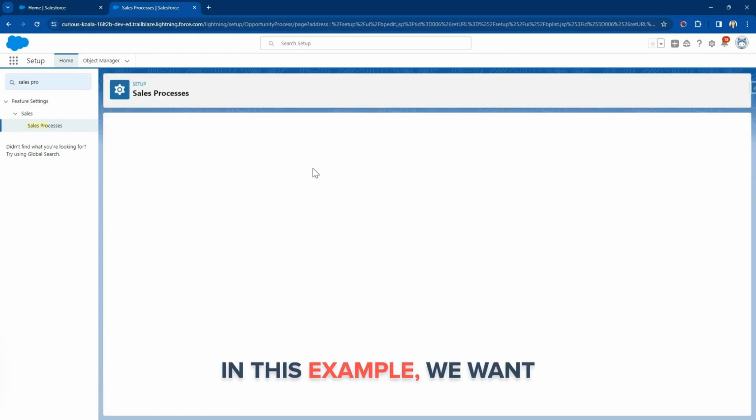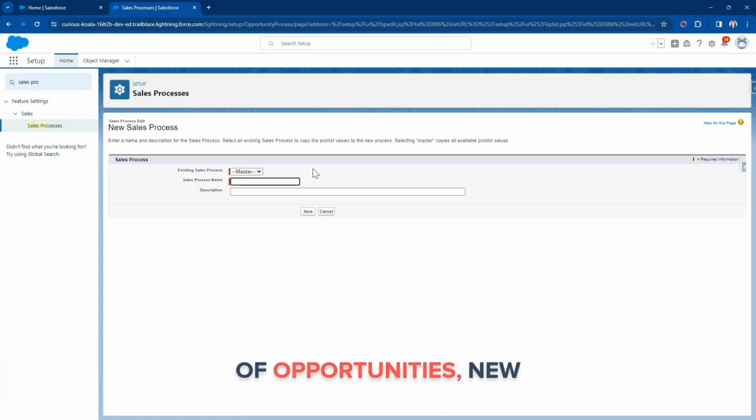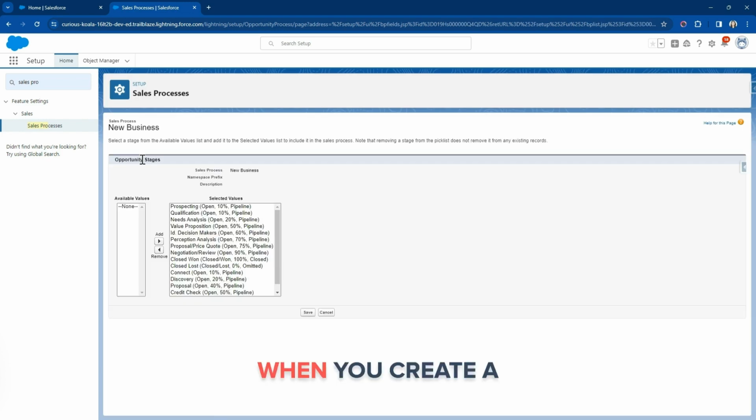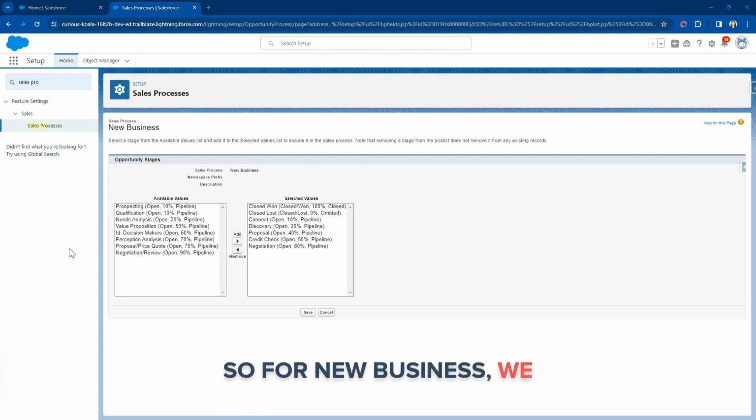In this example, we want to create two types of opportunities, new business and upsell. So we will create two different sales processes to track these. When you create a sales process, you have to choose the stages for that pipeline. You can remove the ones that do not need to be here. So for new business, we need to keep track of the connect, discovery, proposal, credit check, negotiation, closed won, and